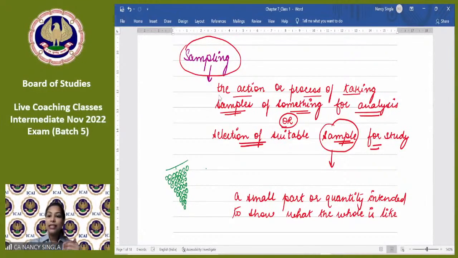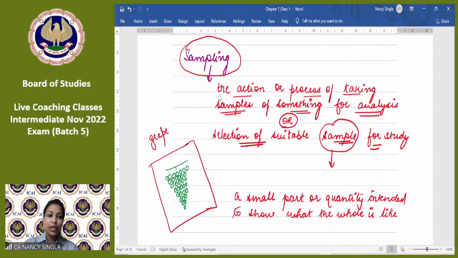Now let us try to first understand the concept of sampling in general language. Then we will try to relate it to audit sampling. Now let us take this example. What are these? These are grapes. Now if you have to buy the grapes and you want to have sweet grapes, what will you do? You may pick up 1 or 2 grapes, you may taste them, and based on your tasting of those 1 or 2 grapes,